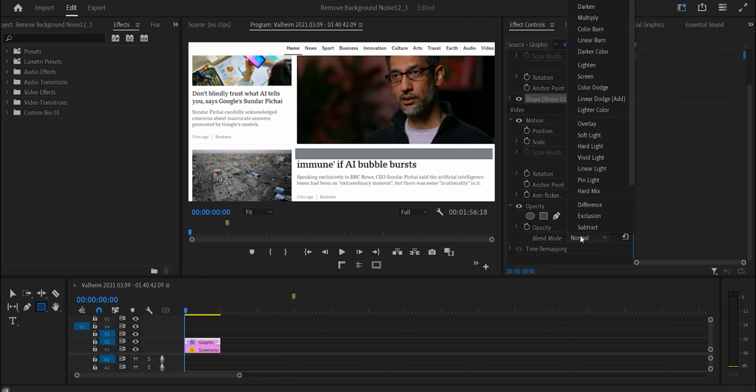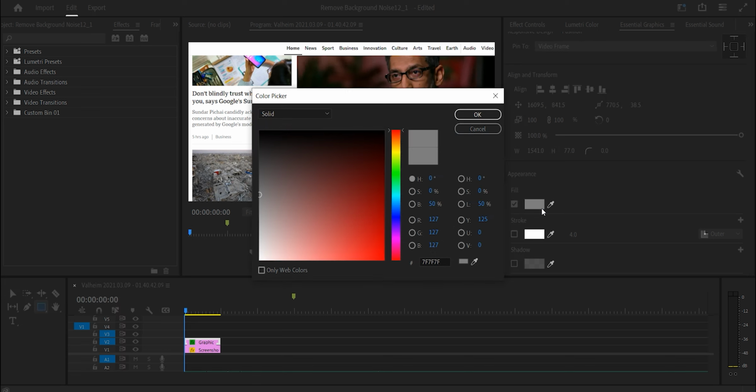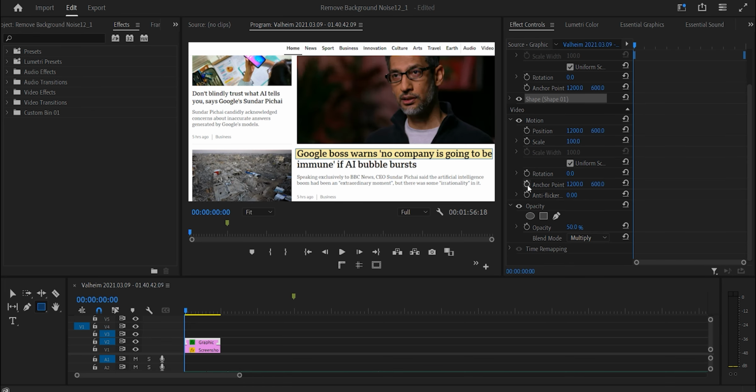Now go over and select the multiply blend mode and set opacity to 50, and then go back to Essential Graphics and select a highlight color. Now, we need to set our anchor point to the beginning of the text or sentence, so our highlighter starts from the beginning. Click on anchor point and drag the blue circle to the start of your text and uncheck